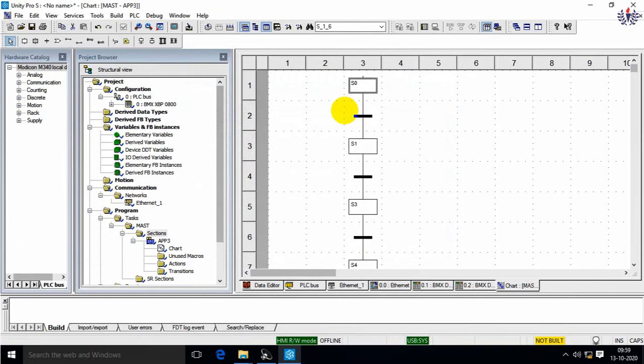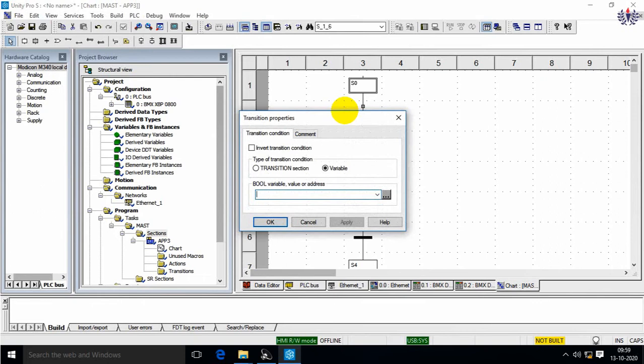Okay, for this, as usual, if we want to move from step 0 to step 1, I have to make a logic, that is push button has to be pressed. It should be in slot 1, and it should be in the low position. For that I'm going to write a transition here. So initial step I checked, so it became a double border line. So transition. So what will be the transition? Okay, in this particular experiment, I am going to use 3 transitions. Why, I'll let you know.